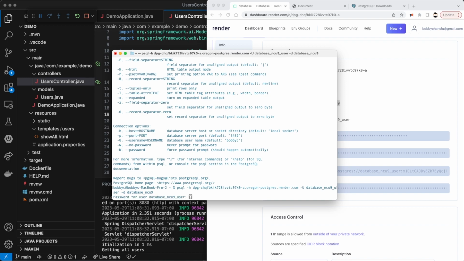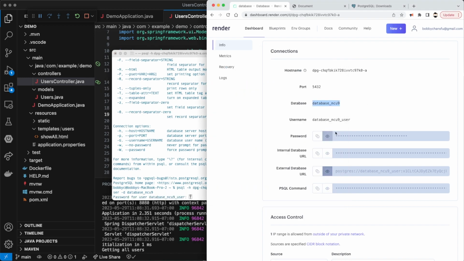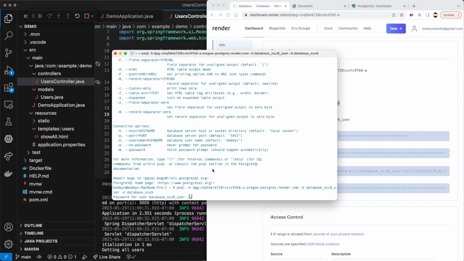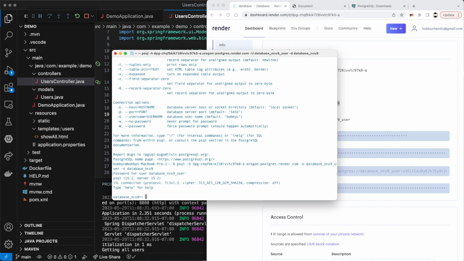to that server. Now, when we connect, it's going to ask for a user password, and the user password is given in this parameter. So we can copy this to the clipboard and we can just paste it here. Even though you don't see it in the terminal, I have pasted it, and you can see that we've connected